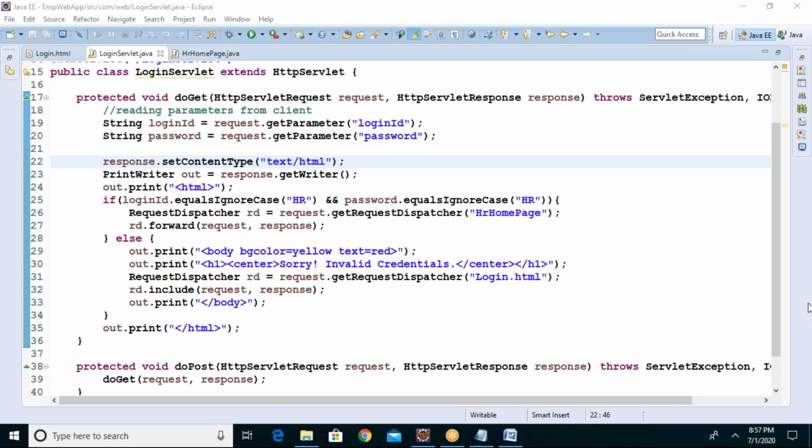Akshay? Yes, sir. Get says what we want to retrieve from our servlet, and post is what we are getting after we are inputting our data in the server. Why can't get be used to send the data to the server? Why only post is used to send the data to the server?